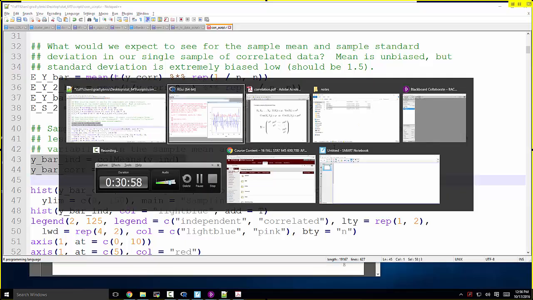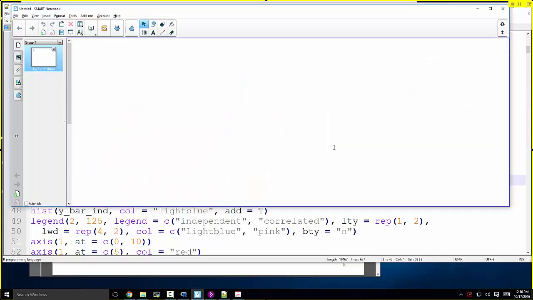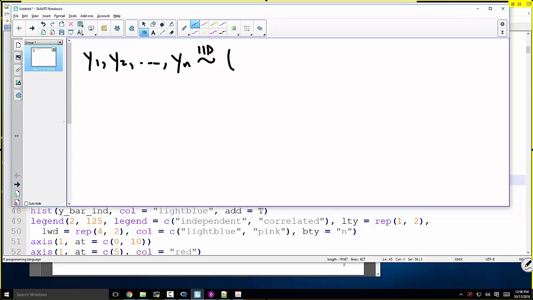What we expect for a sample mean, if we have IID data, say y1 through yn, IID from some population with mean mu and variance sigma squared,